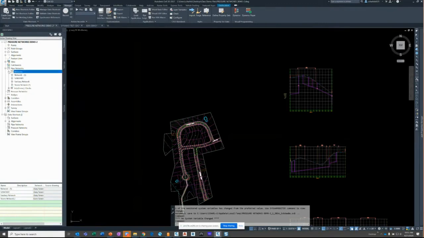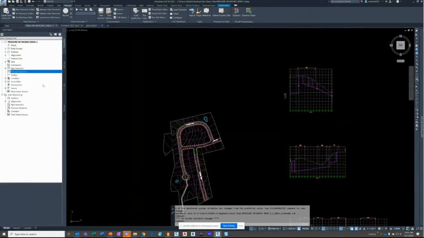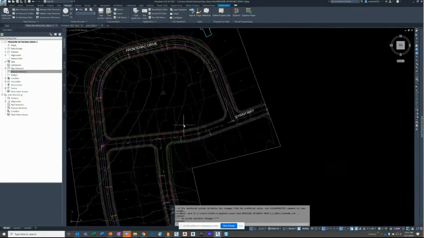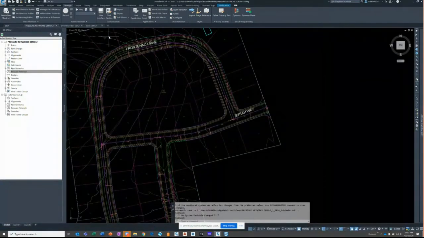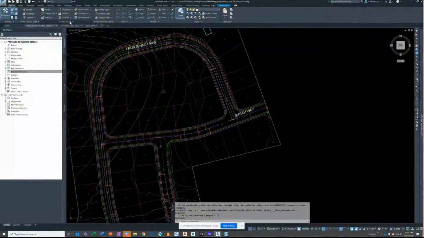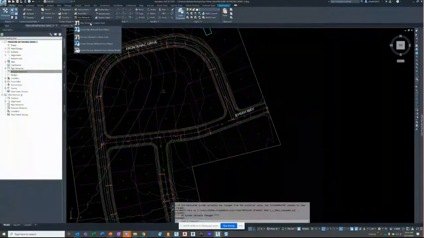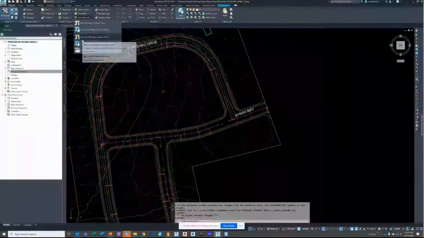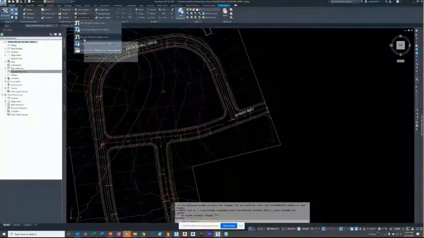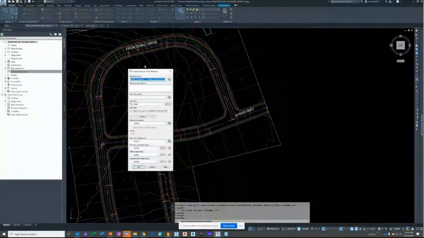So over here, that's pipe networks. That's not where I want to be. Under pressure pipes, pressure networks, we can see that currently I don't have anything in here. So I will go to my Home tab, and I will go to Pipe Network, and I will go to Pipe Network Creation Tools, or Pressure Network Creation Tools here, and that'll pop up a dialog, and it's going to let us fill out